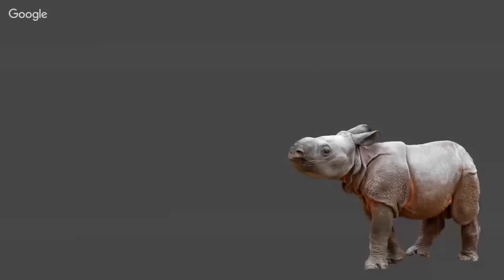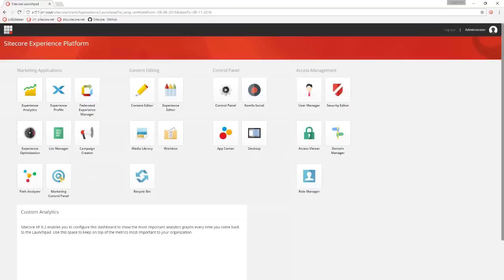Yep. And while you're setting that up, which version of this is this compatible with? So the Data Exchange Framework is compatible with Sitecore 8.1 and higher. And what I'm going to be using here is a fresh install of Sitecore 8.2. So again, you can use Sitecore 8.1. All I've done is installed Sitecore. So I'm going to take you through the whole process from downloading, installing, configuring, and running.